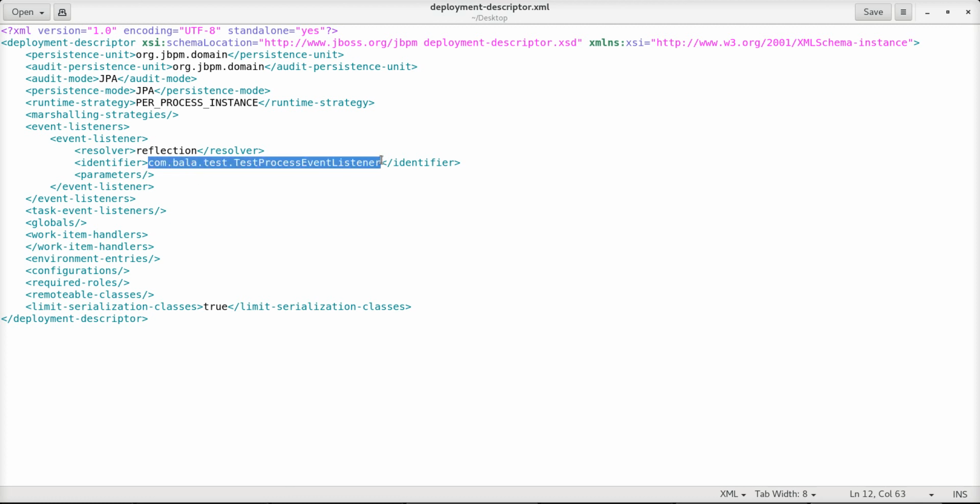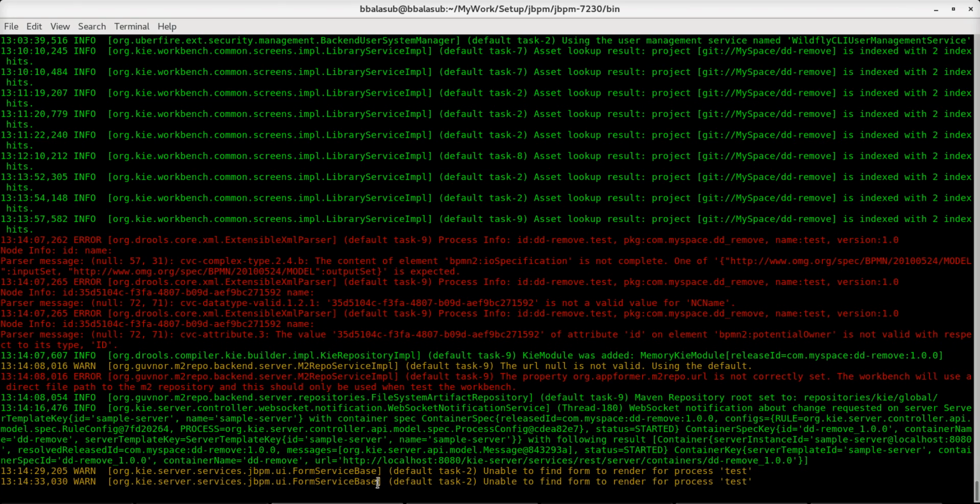event listener here. And after this, once we have defined the global deployment descriptor, the next step towards making it available for each of the process instances that are currently active is to restart the KIE Server with the reference to the global deployment descriptor. So now that I've started a few process instances, we don't find anything getting logged here because there is no process event listener